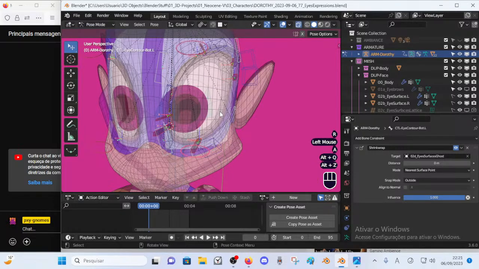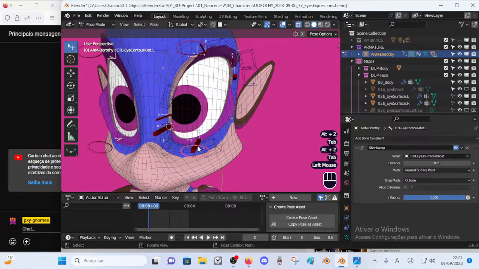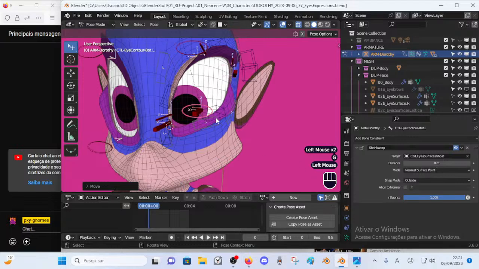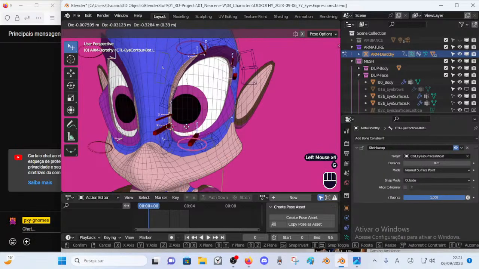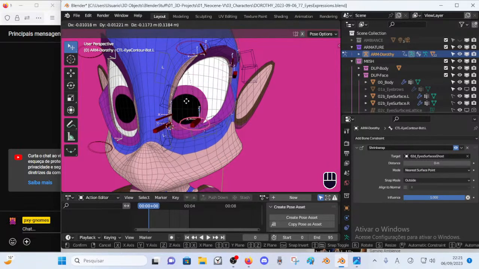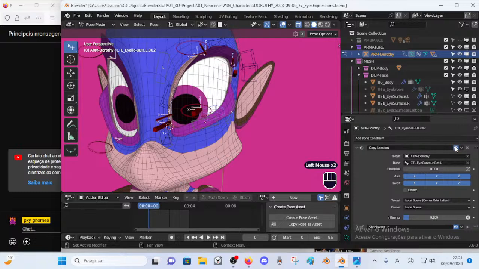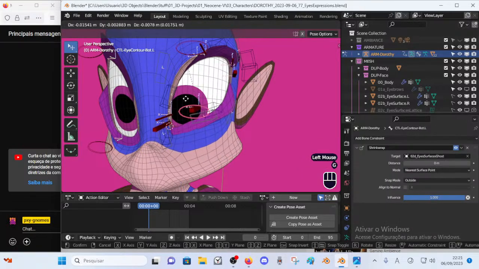I don't know if we could call that tilting, but the copy location bone constraints are actually some sort of inverted crazy thing, so they will counteract the motion. What it means is that because they are already parented, offset to this bone, they will follow 100%, right?